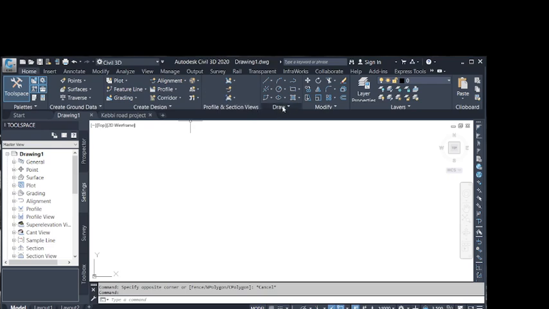You have the draw, modify. These are the regular AutoCAD commands. We are not going to use most of it here, though we might use some layout changes as we go into the program. Then below the ribbon, you have the largest part of the user interface or the screen,